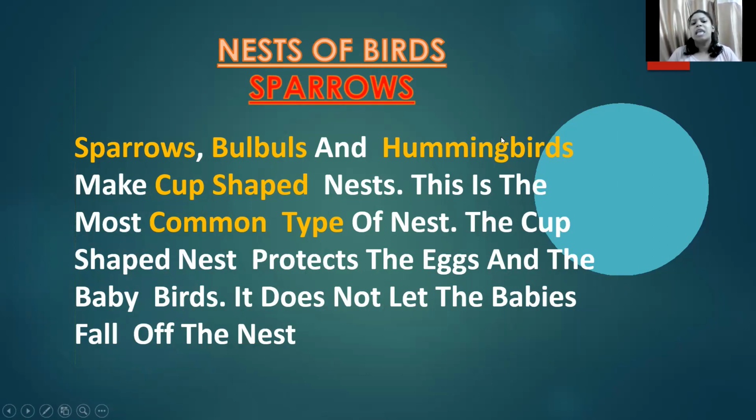So, birds like sparrows, bulbuls, and hummingbirds make a very common shape, a cup-shaped nest. This nest helps them to protect their eggs and their baby birds, and makes sure the baby birds don't fall off. So this is how they make their nest.